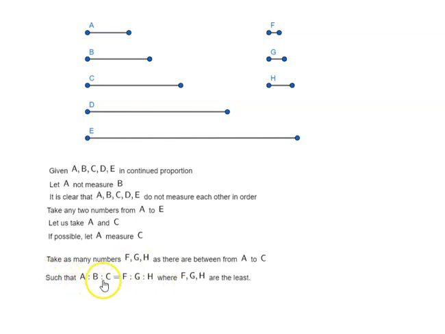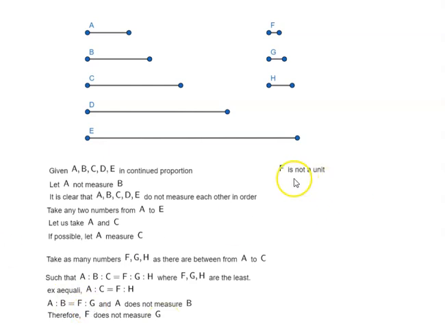such that A is to B is to C is equal to F is to G is to H, where F, G, H are the least of such numbers with the same ratio as A, B, C. Okay? So which means what? Equally, we can say A is to C is equal to F is to H. A is to B is equal to F is to G, and A does not measure B. We are given that. So which means F also does not measure G because of this